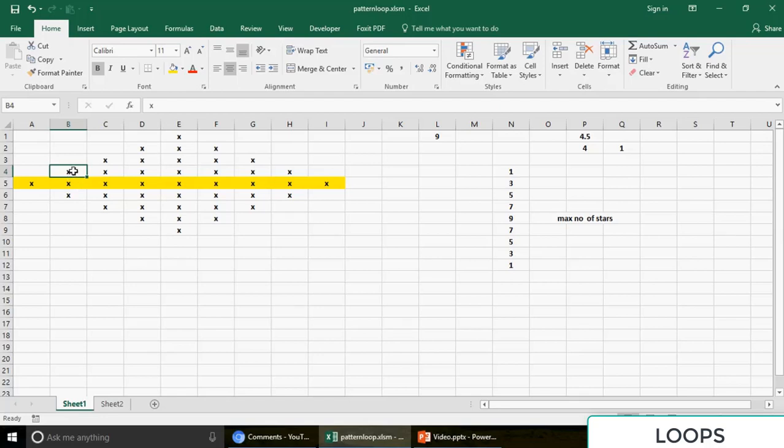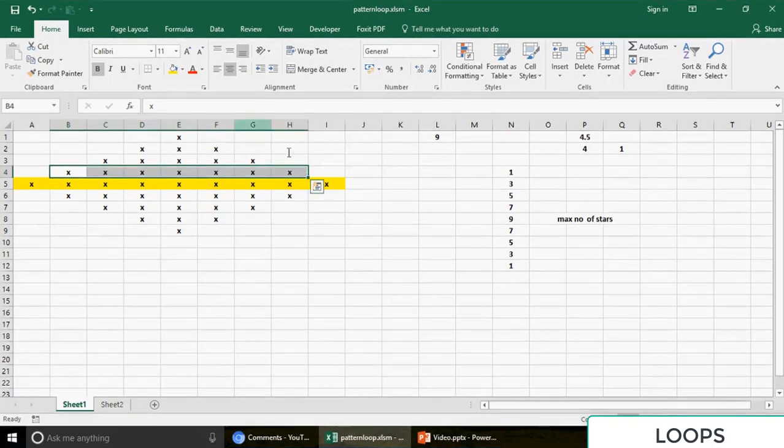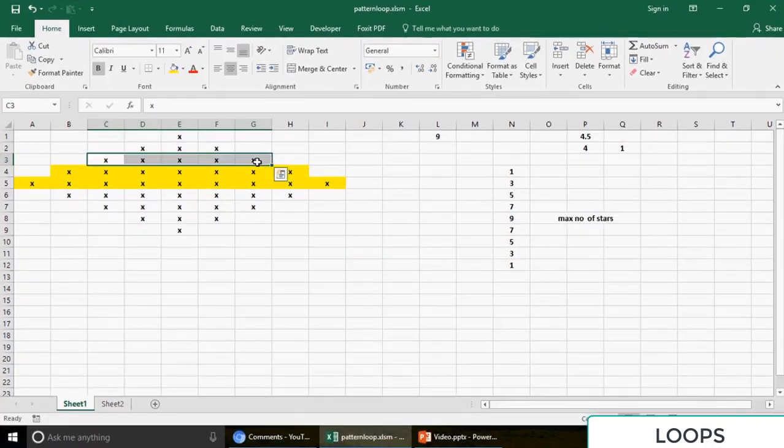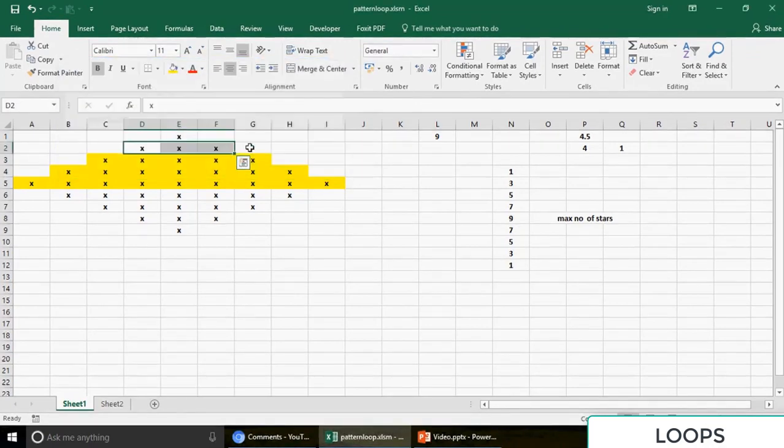So the column should be incremented but the row should be decremented. We need to reduce the row number by 1 and increase the column number by 1. This is how the loop is going to work. Then I'll add 1 to the column, so that next time it starts from the 3, and the row is again reduced so that it goes in the upward direction. This is also going to be completed, and this too. Once the loop has come to the first position,